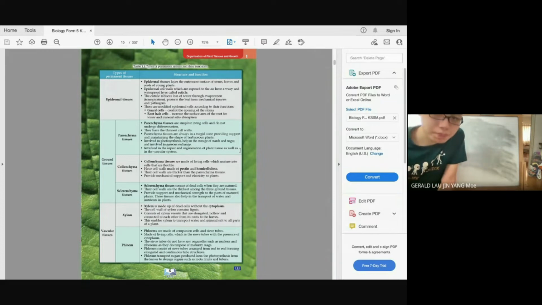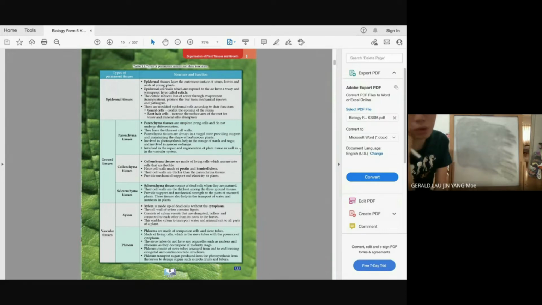Thinner cell wall, that means their cell wall is very thin, okay? And then it's always in a turgid state, providing support and maintaining the shape of herbaceous plants, okay? It's also involved in photosynthesis because remember, it's a living cell, okay? So it helps in the storage of starch and sugar,